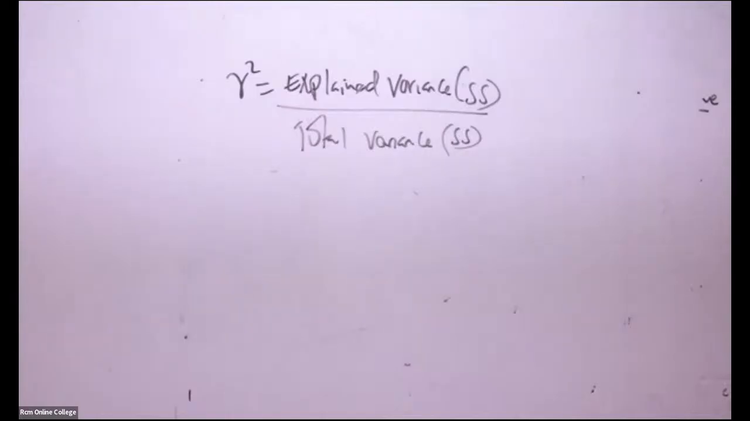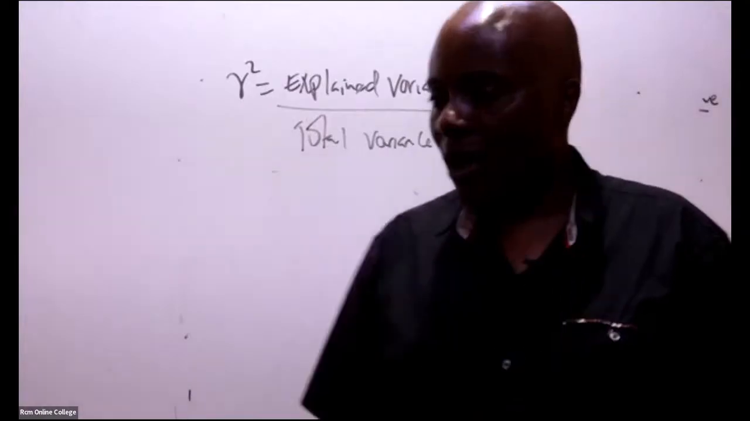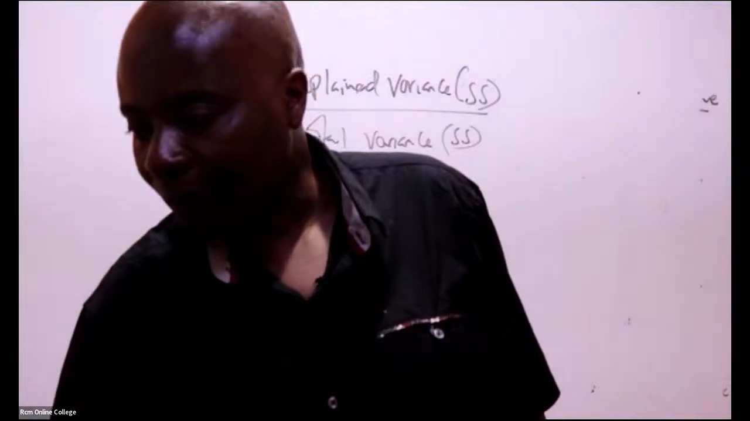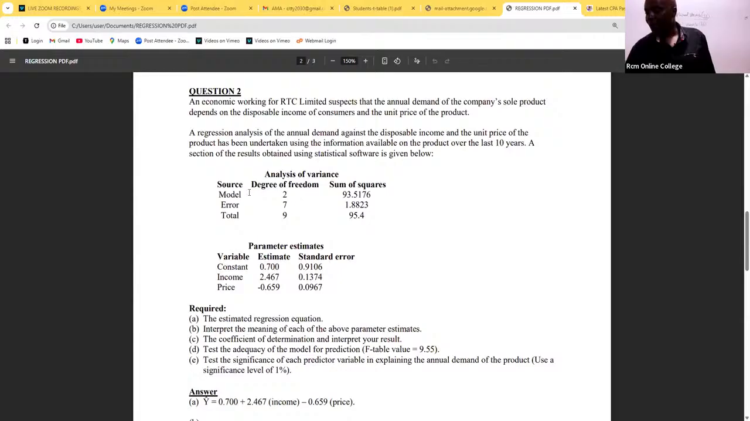Yeah. So you take the explained variance in terms of sum of squares all over the total variance in terms of sum of squares. Now, I hope you guys are able to remember that the model is regression. Model is explained. Error is unexplained. And then we have the total. So the model, which is explained variance, 93.5176, all over the total, which is